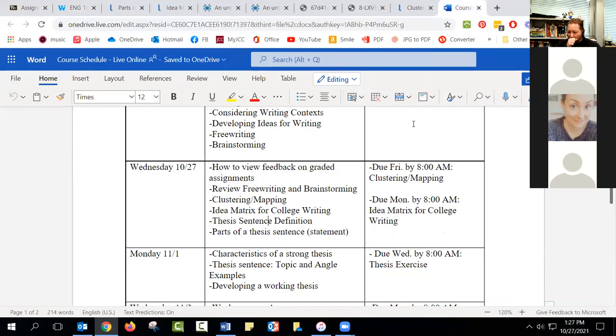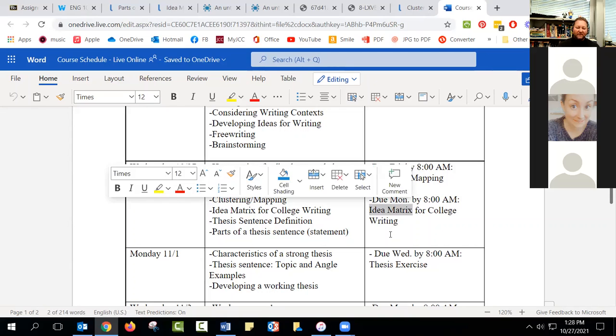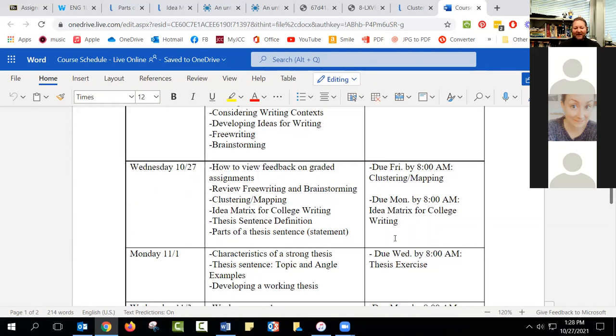All right. So again, for these, because it's important, I want to make sure I give you guys time for it. So you want to do the clustering, the mapping by Friday, right? And the idea matrix, I would say, because you already have a lot of the information you can use for both of these, don't wait until Sunday to work on this one. Because if you struggle with it and you email me like Sunday night, I'm probably not getting back to you in time, right? So try to work on these, at least start to make sure that you understood everything I